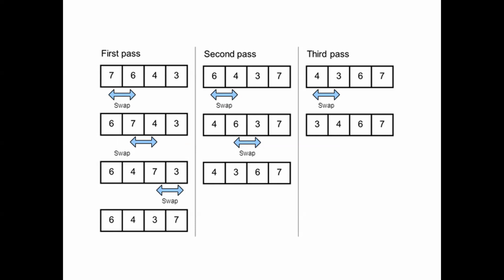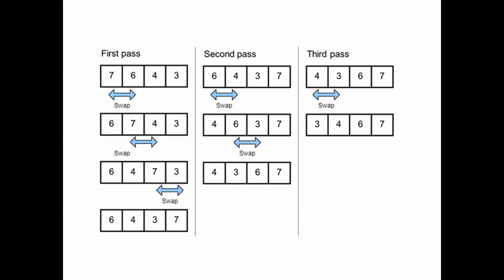Here we can see 7 is greater than 4, so the swapping takes place between the 7 and 4. Coming to the third step, 6, 4, 7, 3. Coming to the third comparison, 7 and 3. 7 is greater than 3, as we all know, so the swapping will take place between the 7 and 3.